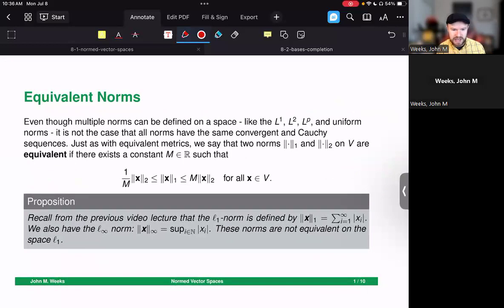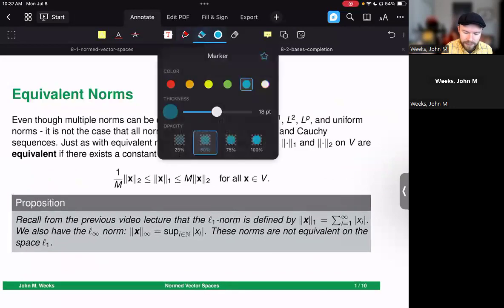You may be able to take a look at what we have here for our definition of equivalent norms here in the indented region and realize that this looks a lot similar to how we might say metrics are equivalent as well. So even though multiple norms can be defined on a space, it is not the case that all norms have the same convergent and Cauchy sequences. Same way that you could be defining multiple different metrics on a space and they all just look and feel very different. But just as with equivalent metrics, we'll say that two norms are equivalent if, whenever you try and